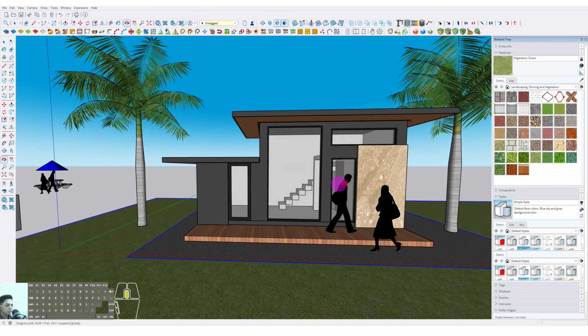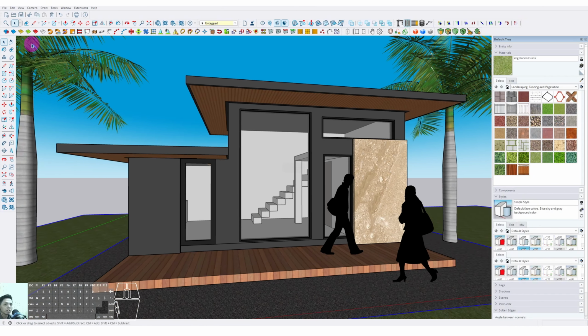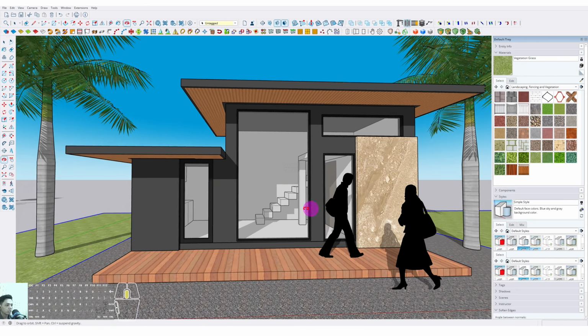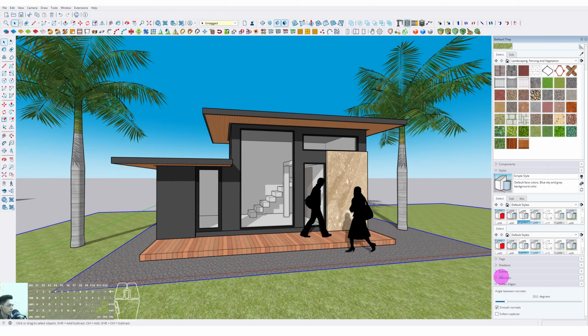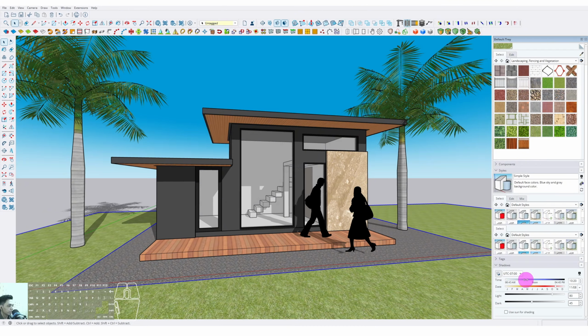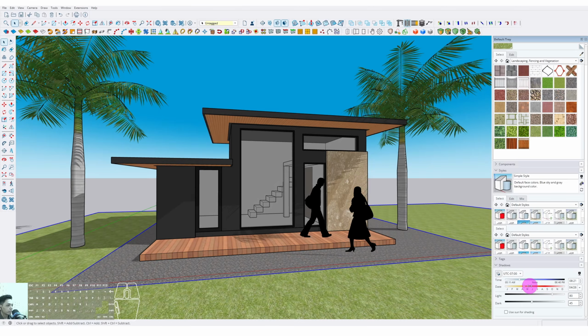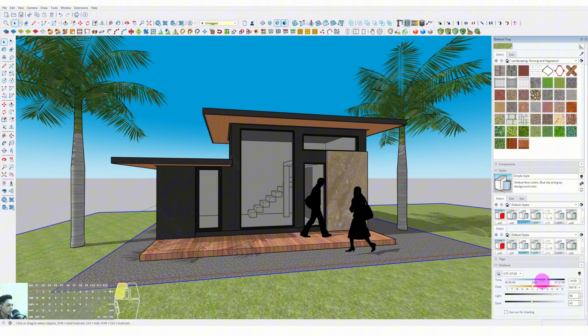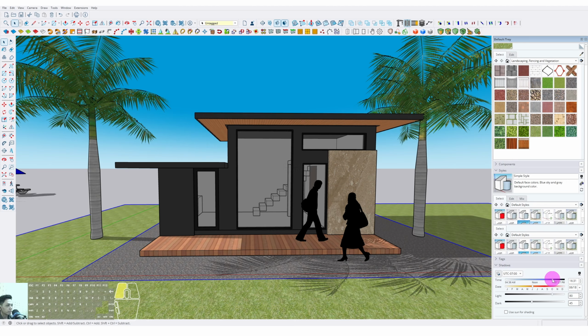Okay, so this is the basic concept, so you can explore and improve it more, and we can also set up the shadow to make it more representative, and we can set up the shadow in here. Okay, just like this,